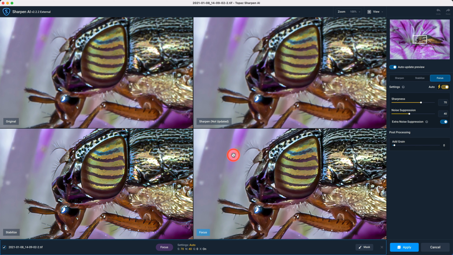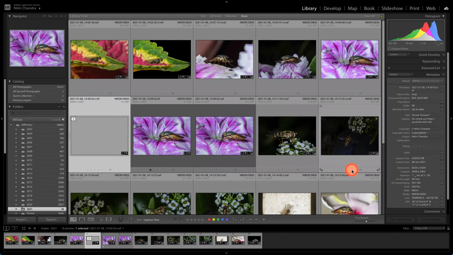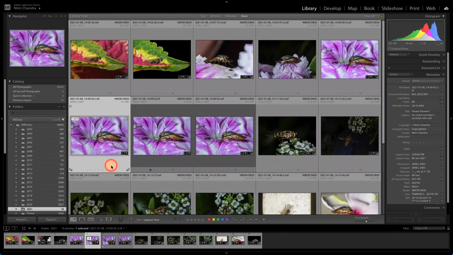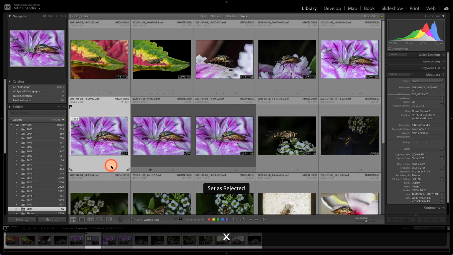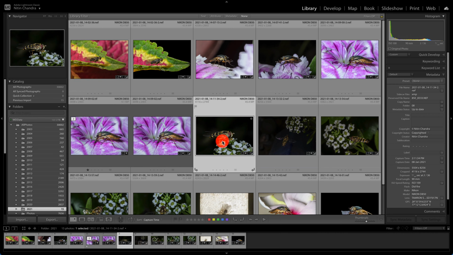And we'll get to that in a later video. So I'm not going to apply this here because I already have that. I'll just cancel out of it. Close without saving. But I still get an additional file here which I will reject and delete from Lightroom because I don't really require it.